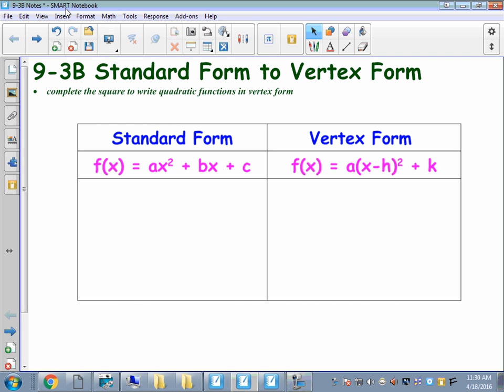These are your 9.3b notes, standard form to vertex form. We just spent the last couple days understanding vertex form, putting equations into vertex form, and then analyzing what the values of a, h, and k do to the graph. So now I want to compare the two forms that we know for quadratics and what you can get